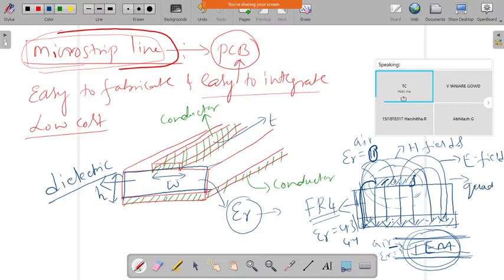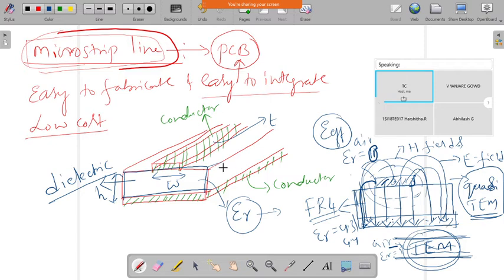Instead we have the mode of propagation which is called quasi TEM wave. Quasi, in the sense almost similar to TEM, but we have to define the effective epsilon r, that is the effective dielectric constant, because there are 2 dielectrics involved. The field lines go from the air and through the other dielectric and then to the ground. So that's why we need to define the effective dielectric constant. If I define the effective dielectric constant, then within that medium the complete wave will propagate. That's why it is called the quasi TEM mode of propagation.